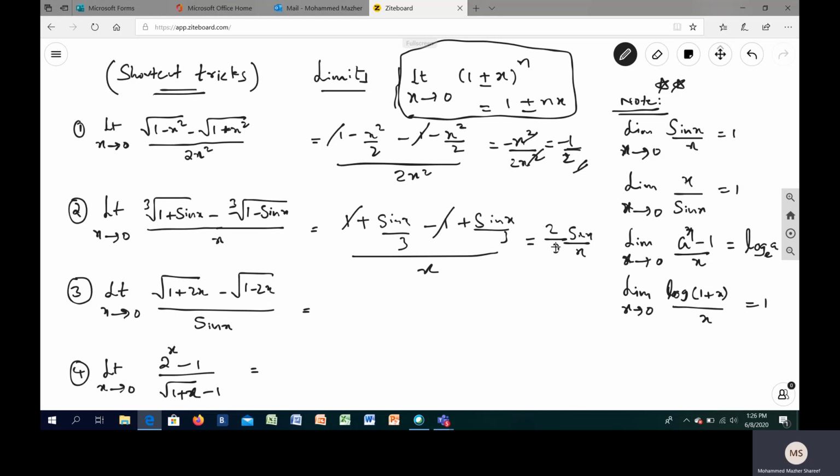This is nothing but sin x over x, as I have given you. Now you can easily guess your answer. It is nothing but 2 over 3, because sin x by x, according to the formula, will give us 1 as limit x tends to 0. We haven't applied the limit yet, remember. We are just simplifying with this logic, and sin x by x will give us 1 at the end. So my answer is going to be 2 by 3. Likewise, now you can do these two questions.